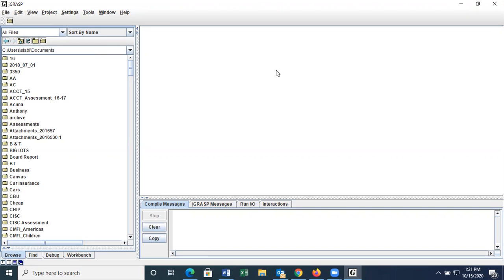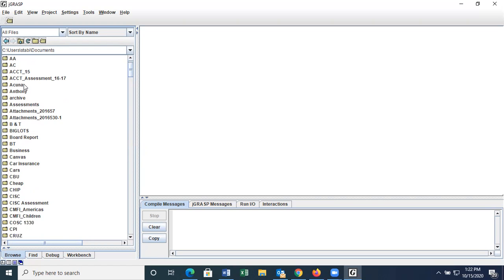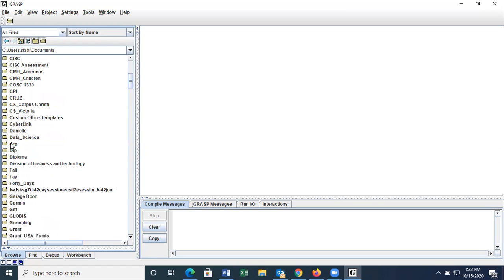to me. And so once you launch your JGrasp, there are 3 panels or 3 windows. The panel or the window on the left simply reflects the navigation pane, which will enable you to navigate to the folders or folder which you're using. And so in my case, I think it's going to be the fall